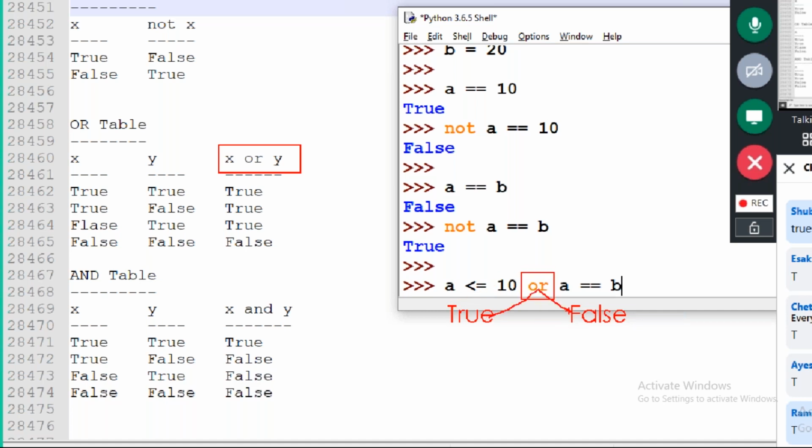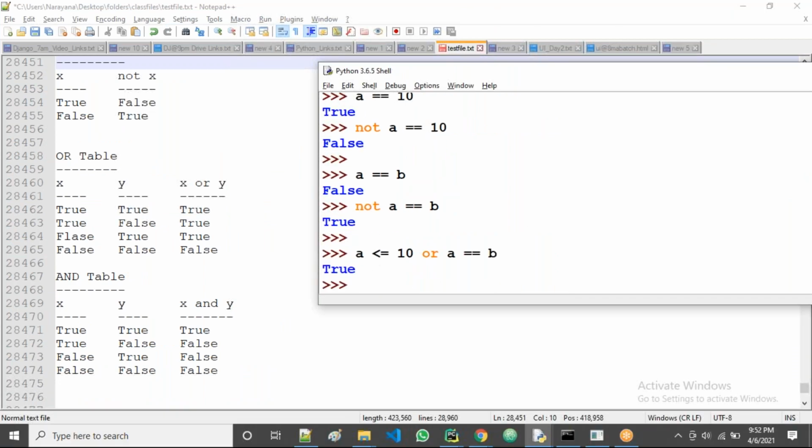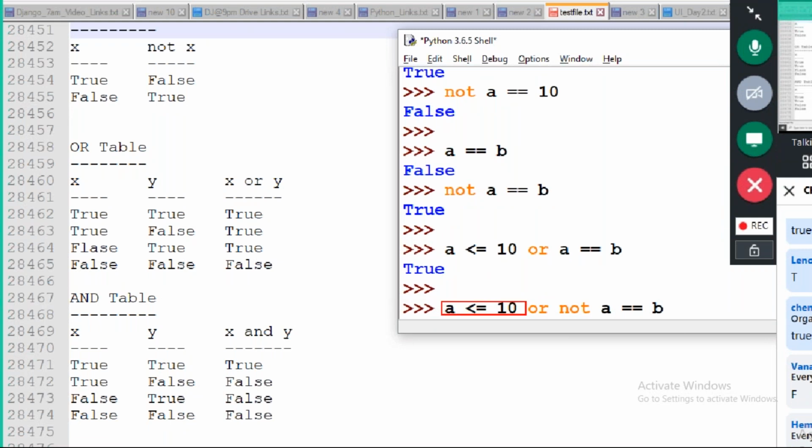So now true or false, guys? In case of OR, see, true or false. Which combination is this, guys? This combination, right? So true or false, then what do I put here? True only, guys. True or false will give true only, right? True, guys. That's all. Now suppose I am taking a NOT, guys, like this. In this case, what is the output? So how we have to check is again the same, guys. Is this one true or false, first of all?